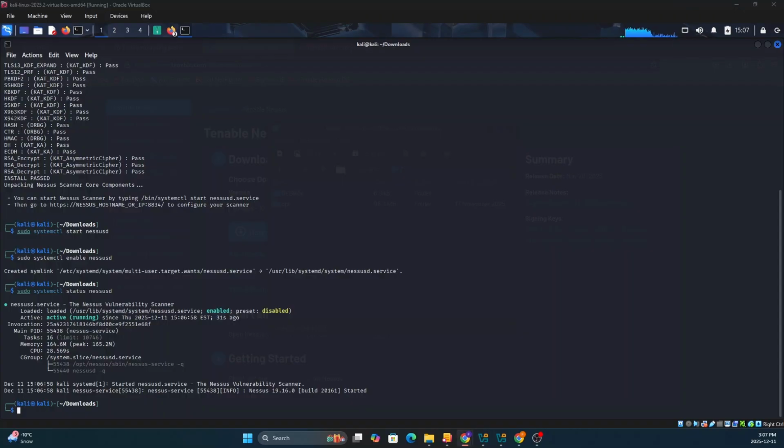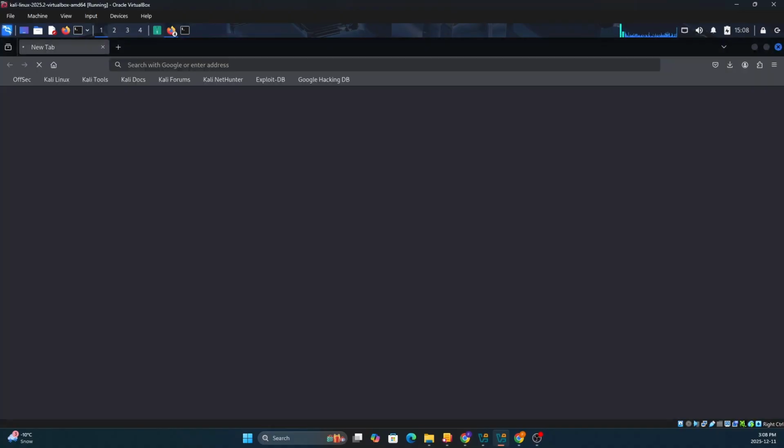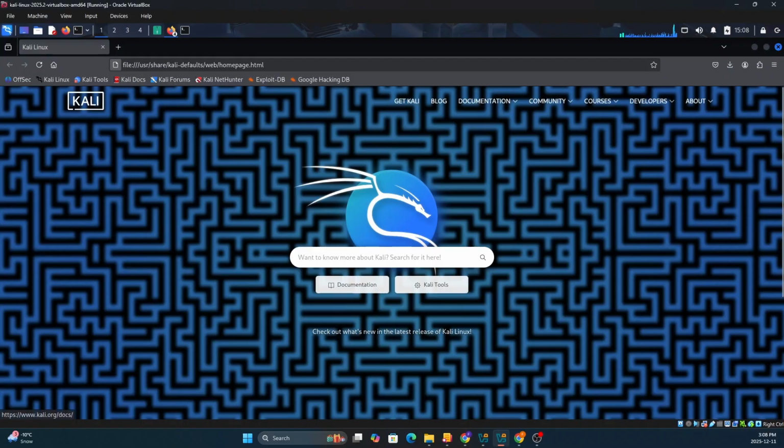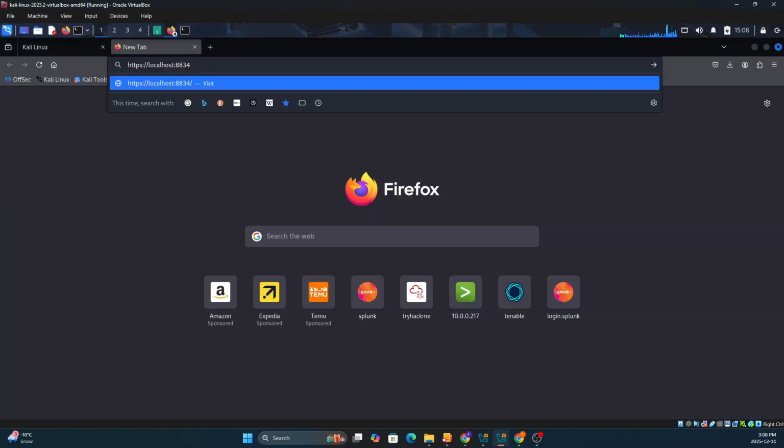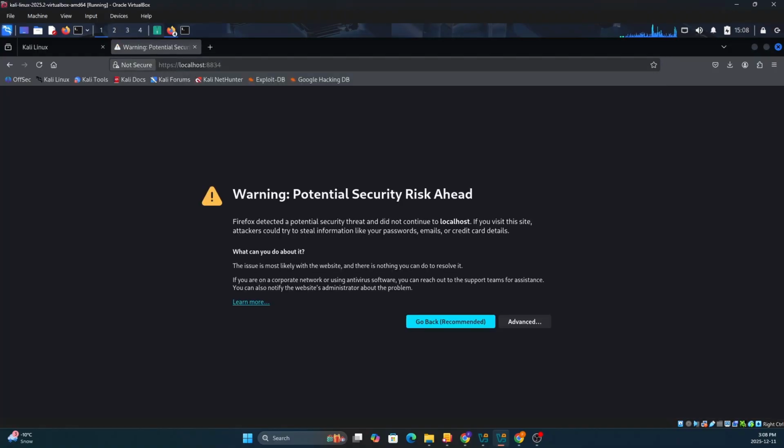It's not like a GUI, which is a graphical user interface. So I'm going to go back to my Firefox and just open one of the links here and paste in this URL, because it runs as a web application. This is the URL you paste in, and because it's already running, it's going to say